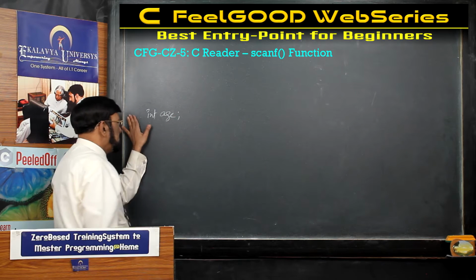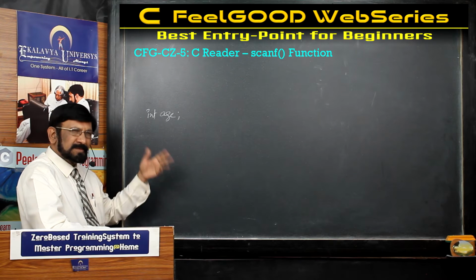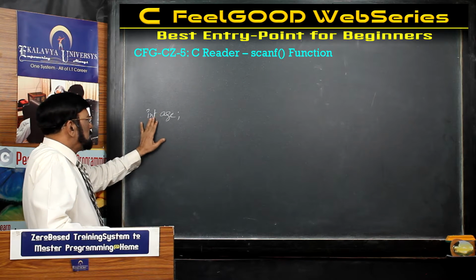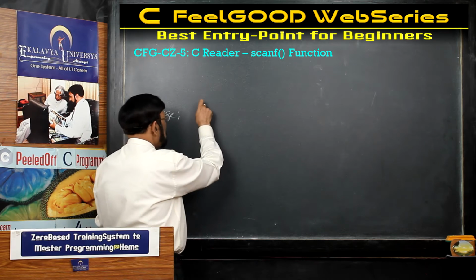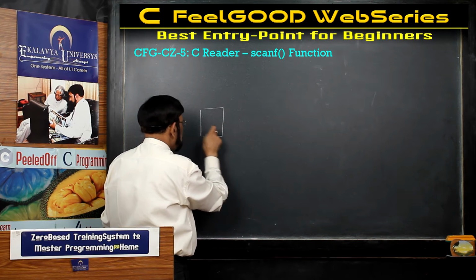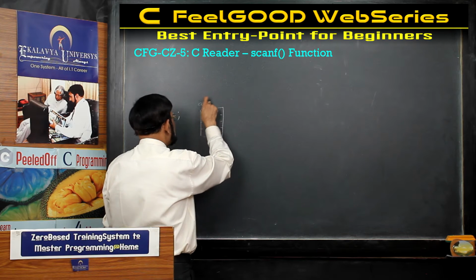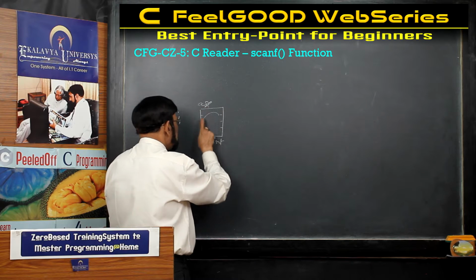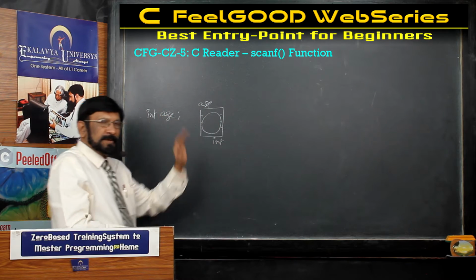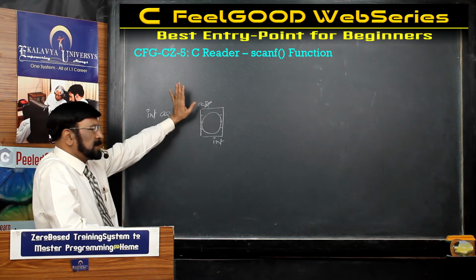Actually, int age: you declared a variable. I am not explaining data types again, because it is duplication. So int age you are declaring. Because of that, what happened? One memory location is created and its name is age. That means one variable is created. This is empty; some garbage value is there, don't bother about it. You treat it as empty.